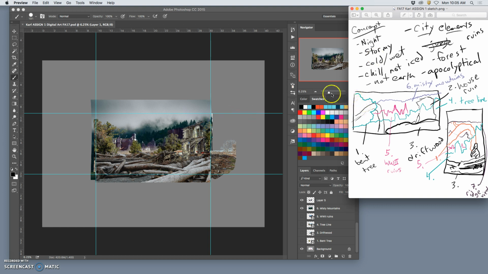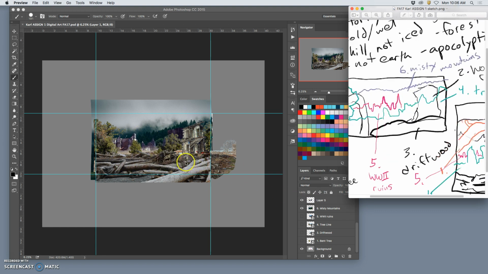Does it have some city elements? Well, yes, it does. Does it have ruins? Yes, it does. Does it have forest? Yes, it does. Is it apocalyptical? It's getting there. It's getting there. So what's going to help? Well, the first thing we're going to do, now that we have most of our elements put in,